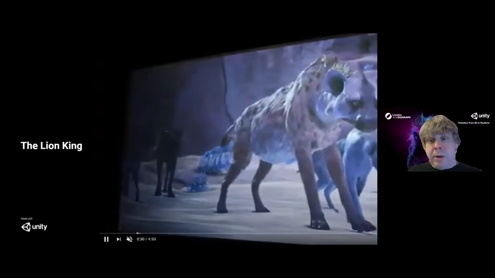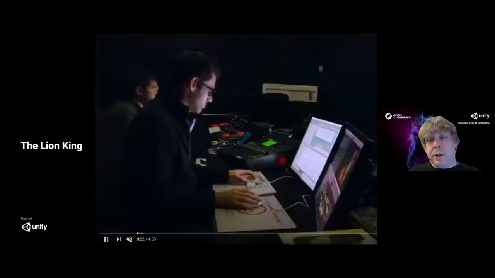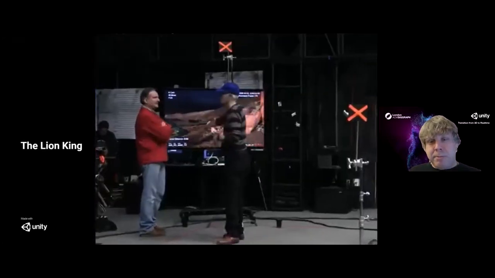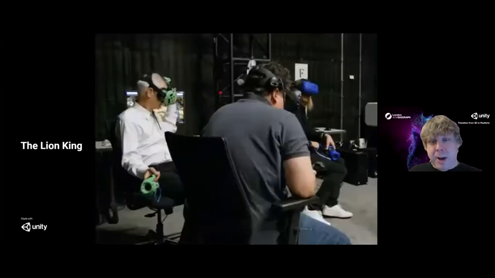Unity was also used in the virtual production of The Lion King. This being SIGGRAPH London, I imagine pretty much everyone worked on this movie. I worked on Jungle Book, not this one. But again, the world was built in VR, and they shot this in VR like it was shooting a traditional movie. It was done in Unity.